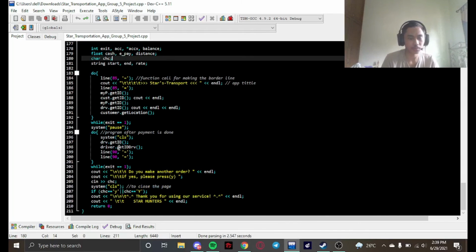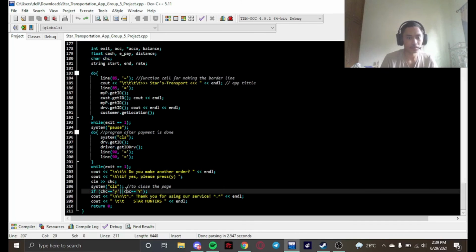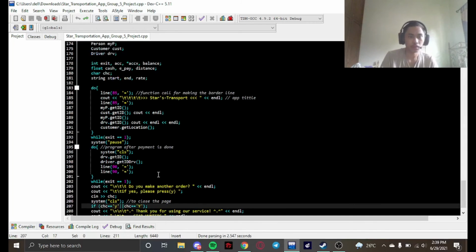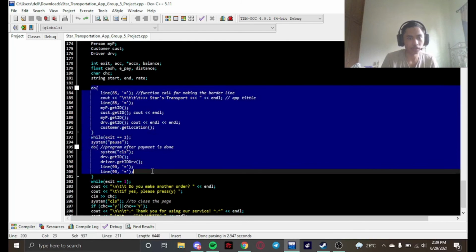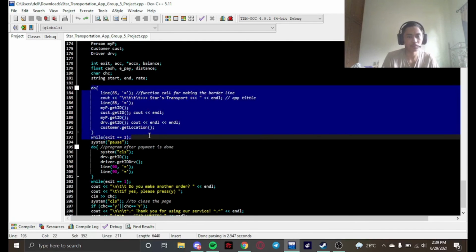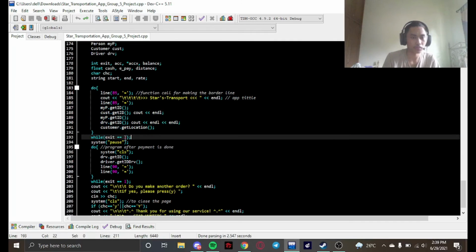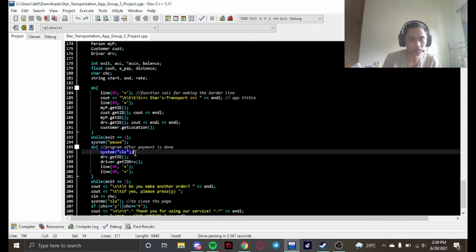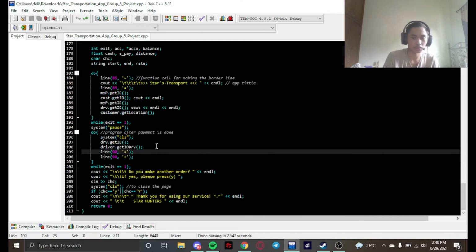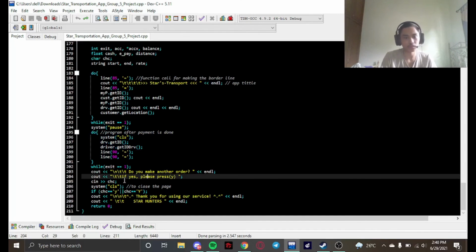The function of this is so that the customer can choose to make a payment, or to make an order again or not. And then after that we use the do while loop because it is more flexible. And then we use system pause and system CLS so that the program is not only on one page in the command prompt, and so that it goes to the next page, and the next page, when running a certain function in the program.